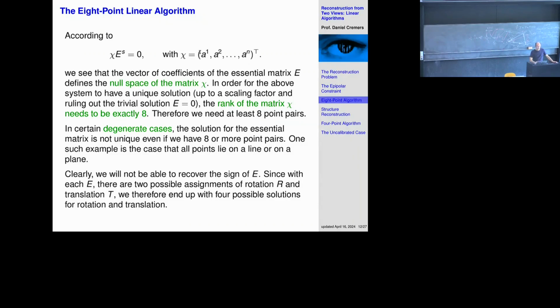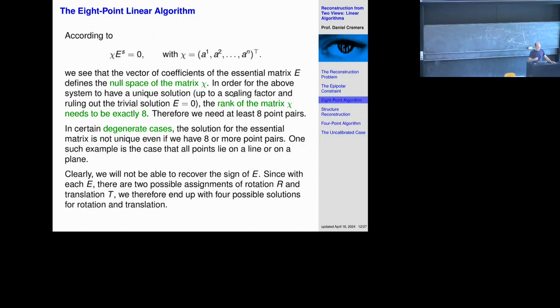If we choose n equals 8, meaning we observe 8 point pairs in 2 images, 8 3D points that we want to reconstruct, then in general, up to degeneracies, we can assume that the rank of this matrix will be 8, and hence the null space of it will be one-dimensional. And this is why this algorithm is called the 8-point algorithm, because you need at least 8 points to assure